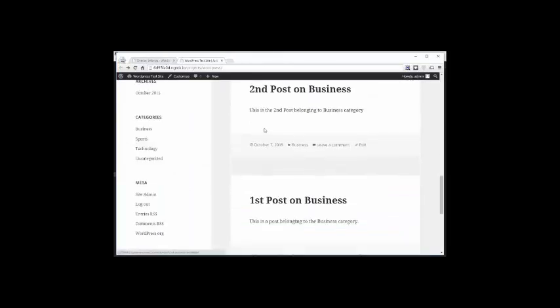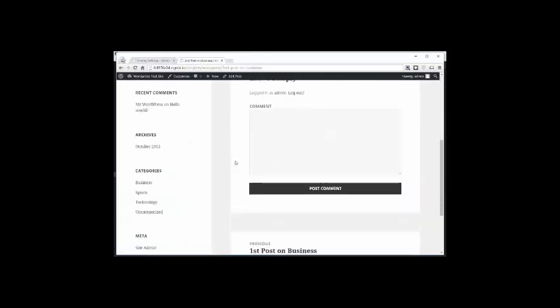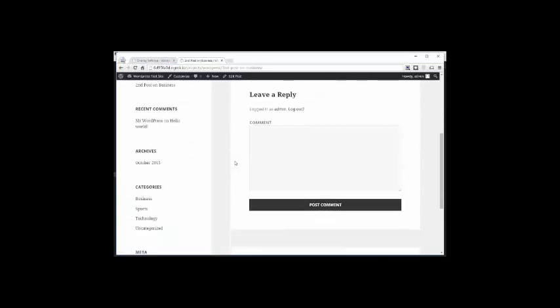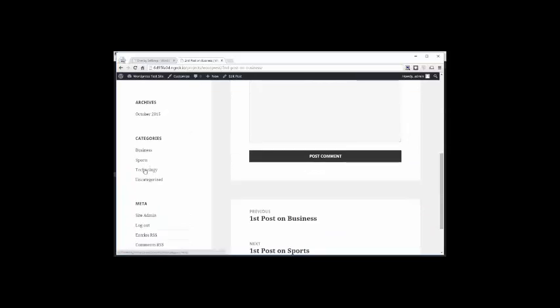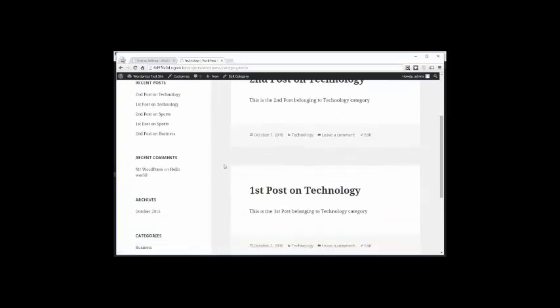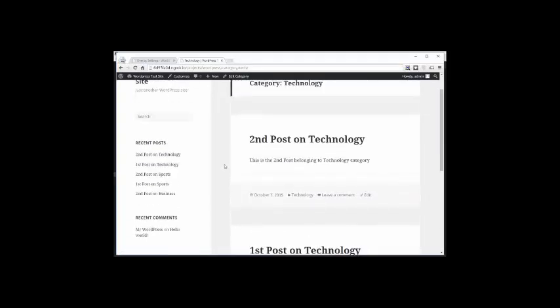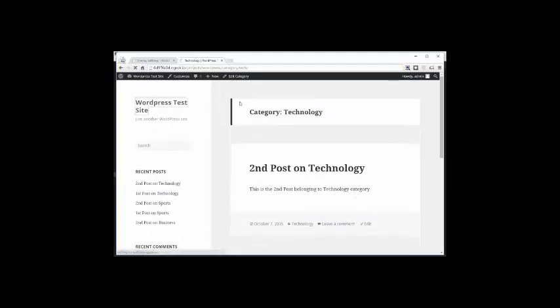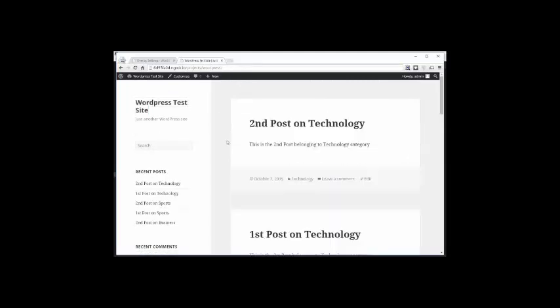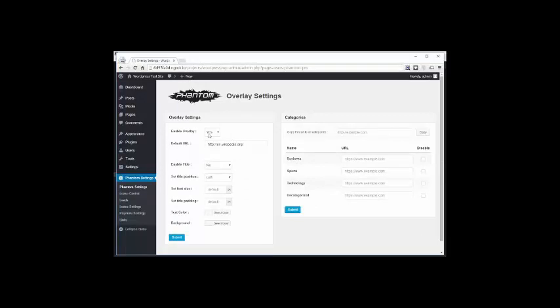So this is the page out of the box, fresh WordPress installation. You can see the posts and everything. I have created some test categories and added some test posts to it so that you can understand clearly what is going on here. So this is the page currently, but if we enable the overlay,